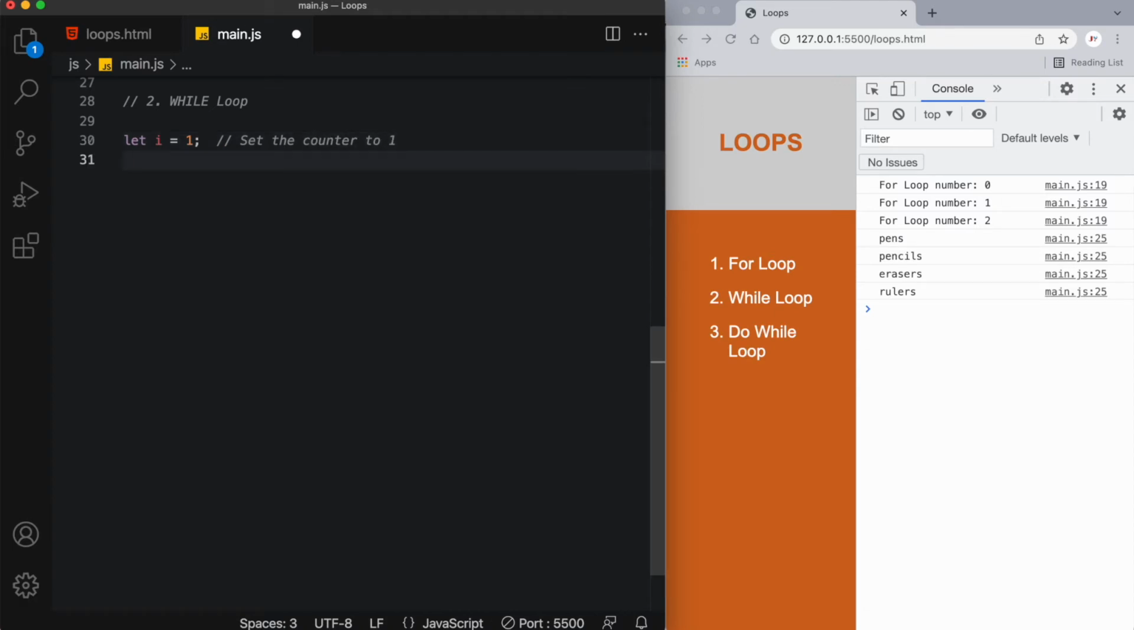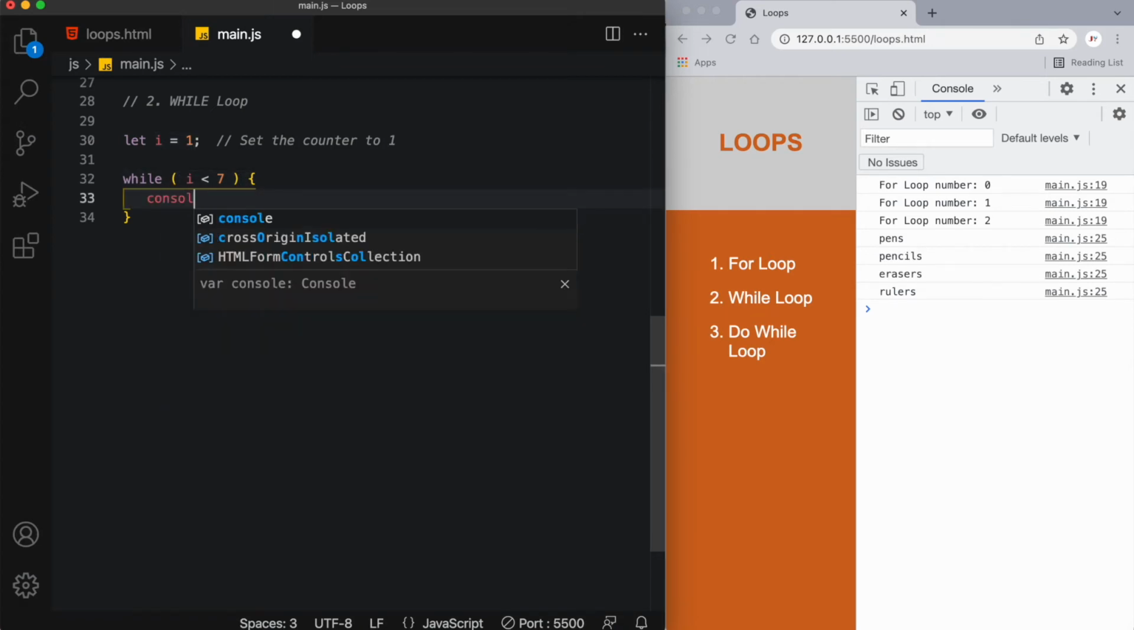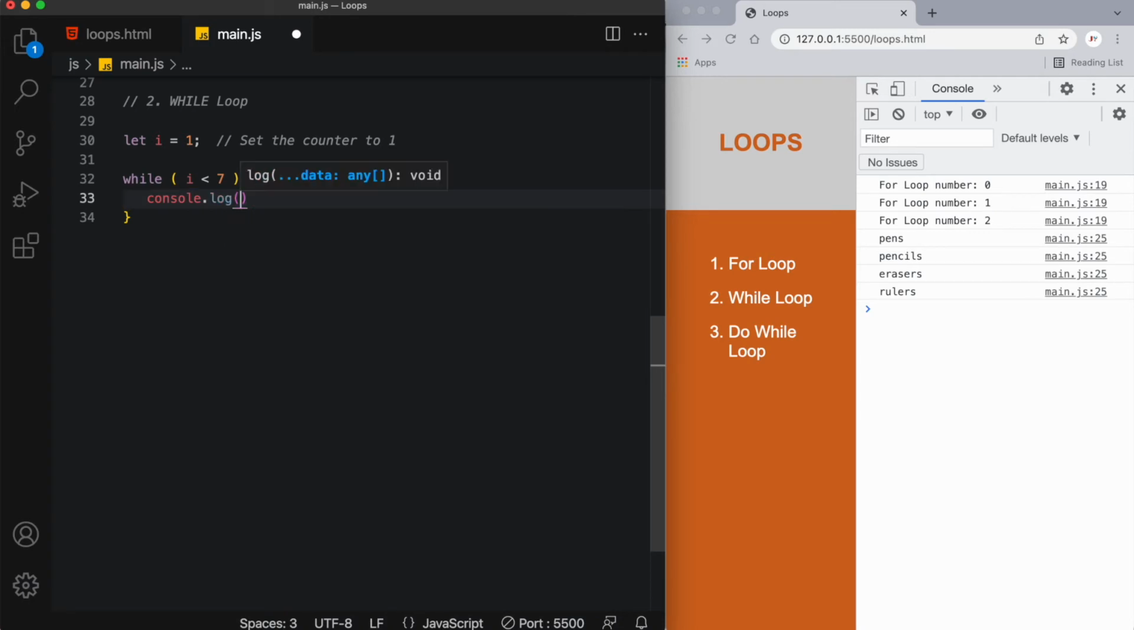And now for the while loop, we start by writing while, and then the conditions are going to go in here, and there will be our code block that we want to execute. So for the condition, I want to say run this loop while i is less than 7. So we're starting at i is equal to 1, which will definitely meet this condition, and then we'll run this code block. And again, I'll just log a message to the console,